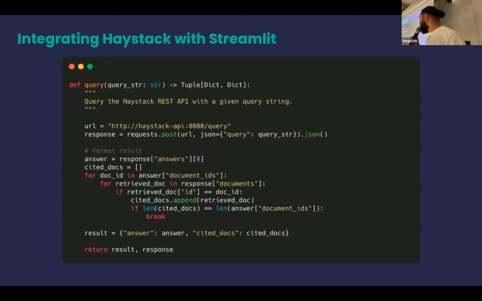And as you can see also in the code, we are retrieving cited documents. At the end, I will show you a quick demo, and you can see how we can make use of citations in large language models, because this is one big problem that many users have with these: they don't know if they can trust the generated output, and that's where users might want to check citations.